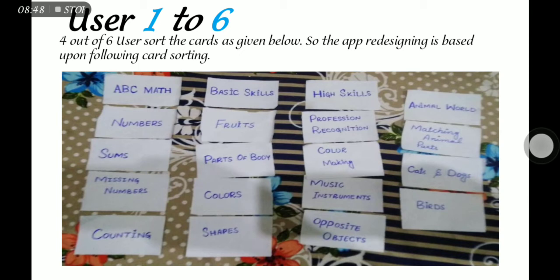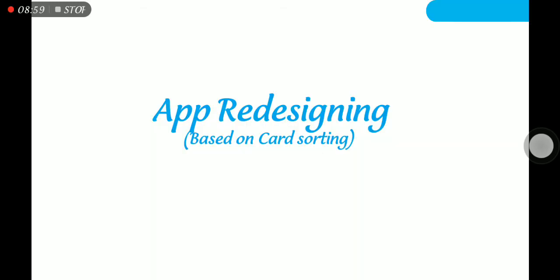High skills include profession recognition, color making, music instruments and opposites, object, animal word, matching animal parts, cats and dog, and birds. So, app redesigning based upon card sorting. This is the main page of the application, Kids University. This is for the language portion, this is for the play button, this for settings, this for rating the application, this is for the exit portion, and this is for the